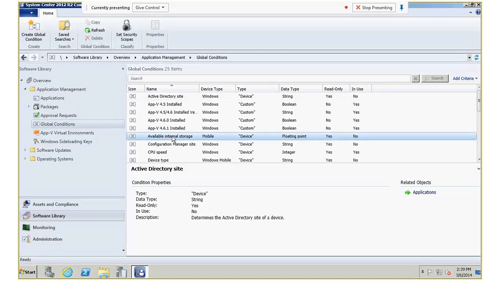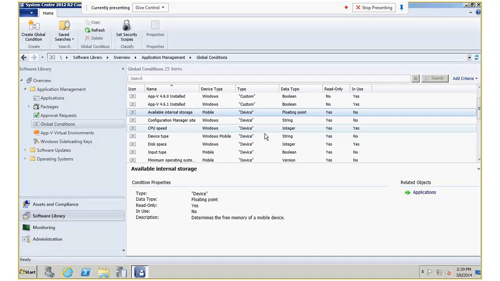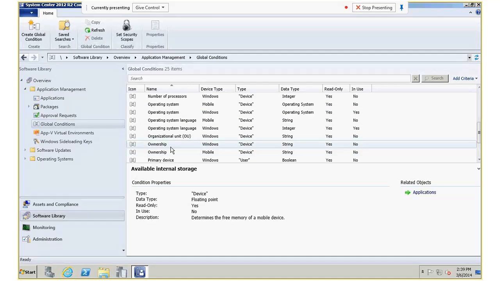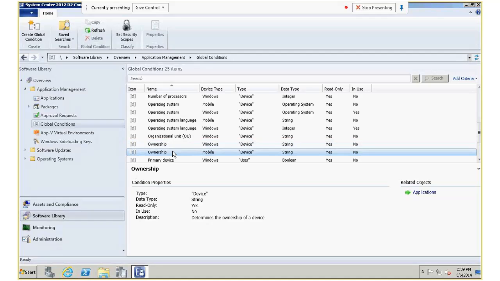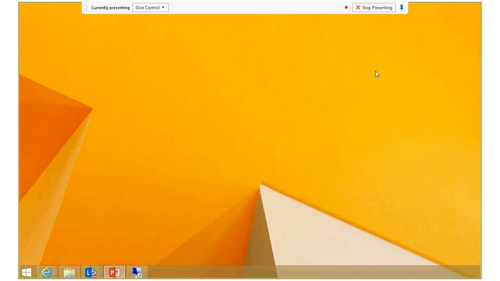And this is where we can see as a device option, we have a couple options here for ownership. So whether for the Windows side or the mobile side. So this is where it's actually defined that we can specify this as a condition to allow us to set our requirement rule on our application deployment. Say only install when ownership is equal to company. So that's some pretty powerful and cool stuff there. So if we go back to our slides,